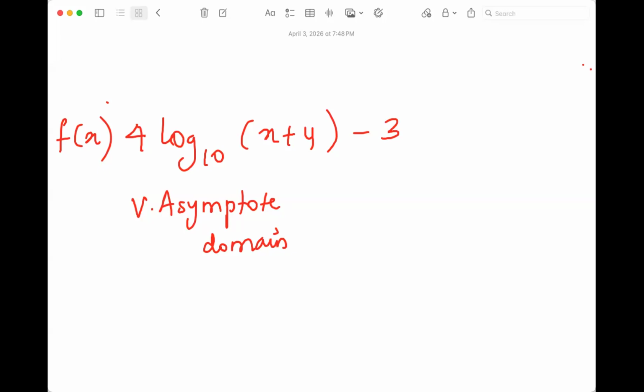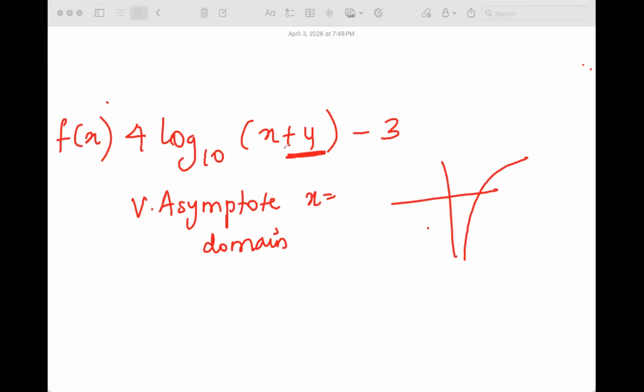How's the asymptote? Negative 3? Negative 4, Emma, x. Yeah. Oh, the x asymptote. Yeah, negative 4 is the vertical asymptote, and then the domain would be minus 4 to infinity. Make sense? Okay. So now,